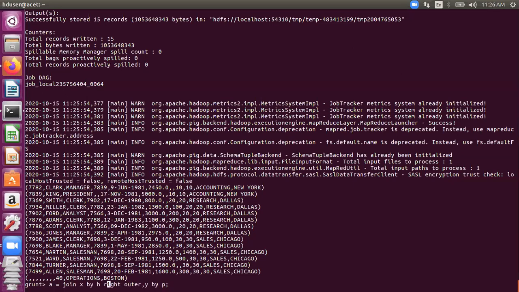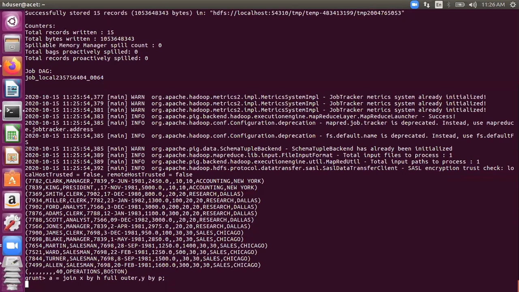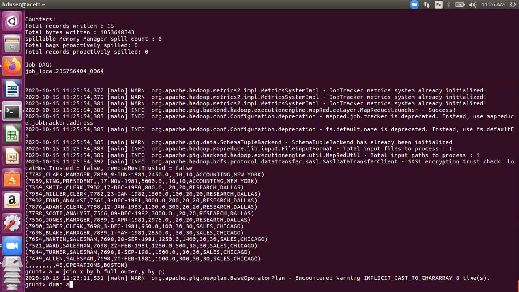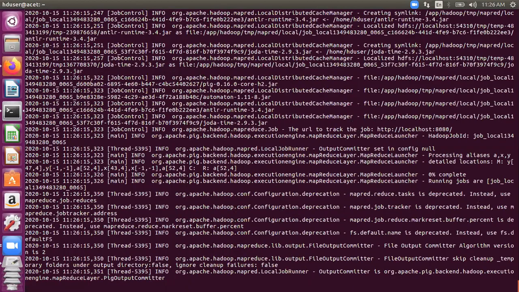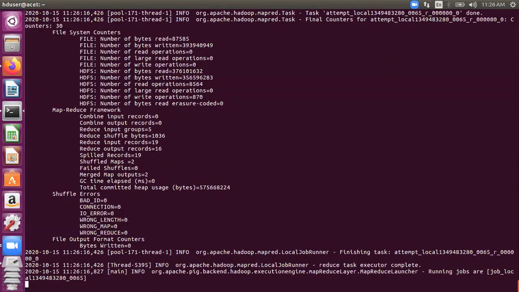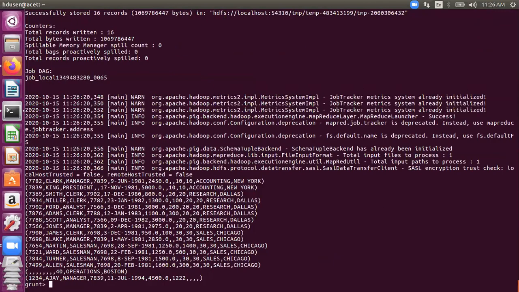And if I write here full, Ritika, what will happen now? So 16 rows will be there. Yeah, 14 matching, 1 unmatching from the employee table and 1 from department, 16 rows. So if you dump it, you can see the 16 rows. So this is all about the joins. We discussed them in detail in SQL also. They behave exactly the same here. You can see 14 matching and 2 non-matching, 1 from left, 1 from right.